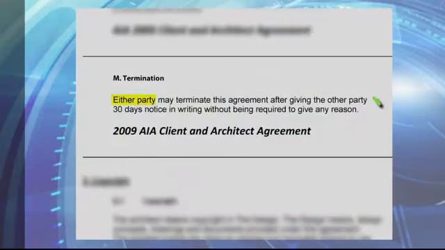Similarly, things like termination and suspension clauses should apply to both parties, not just the architect. If the client has the right to suspend or terminate the agreement, then it's only fair that the architect should also have the right to suspend or terminate its involvement in the project if it's so deemed necessary. Plus, it's both fair and reasonable that the notice periods for things like termination and suspension clauses be the same for both parties. If suspension is upon 7 days' notice for the architect, then it's fair that it's the same time frame for the client.